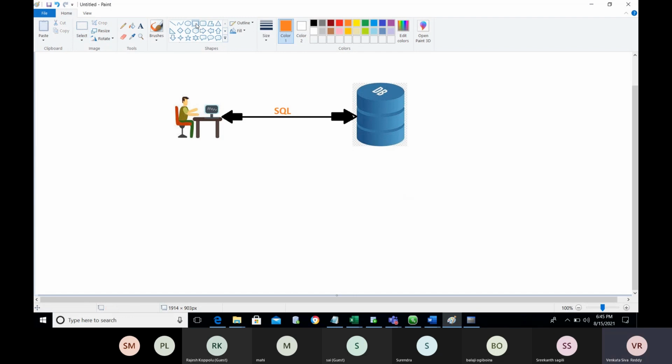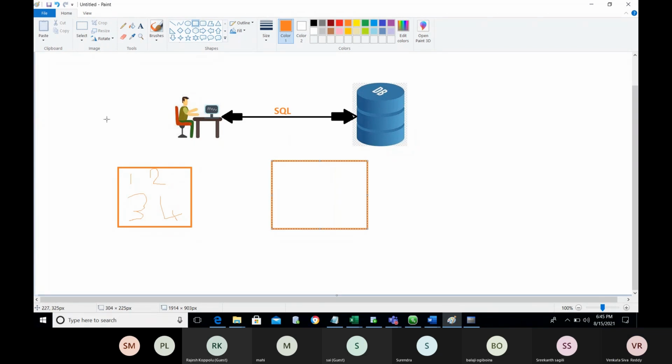There is one set like 1, 2, 3, 4, and we have another set like 5, 6, 7, 8.